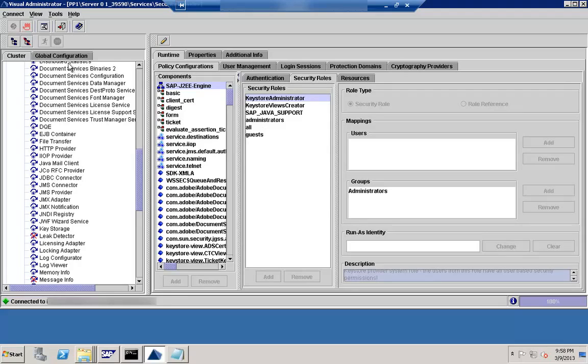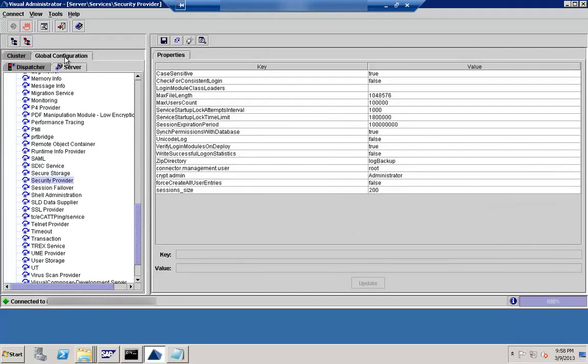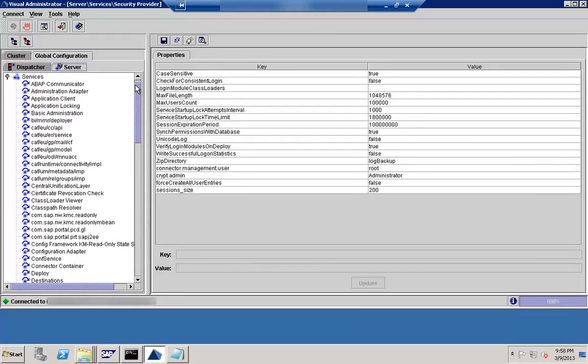Okay, so let's go to the global configuration, and under global configuration let's look for server instance, fine, and under that let's look for the services. Okay, we are in services. Okay, under that let's look for com.sap.portal.prt. Okay, here you can see